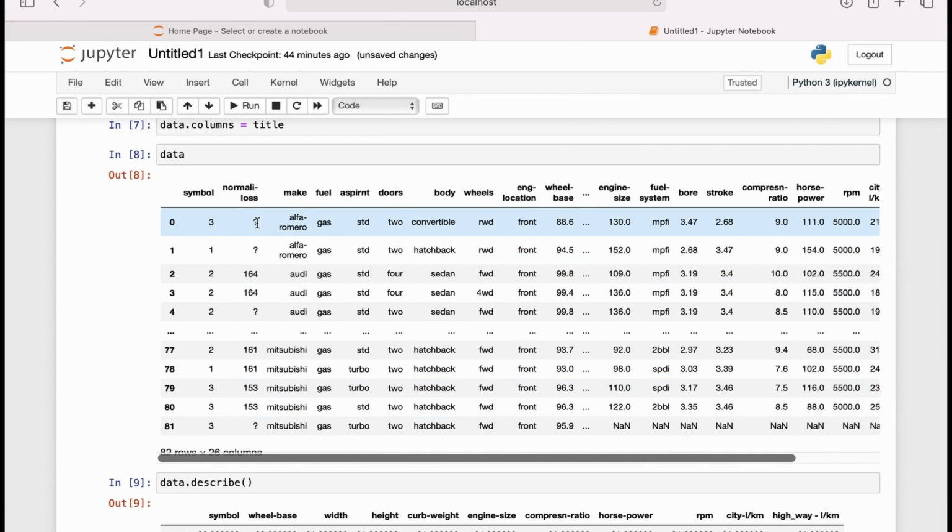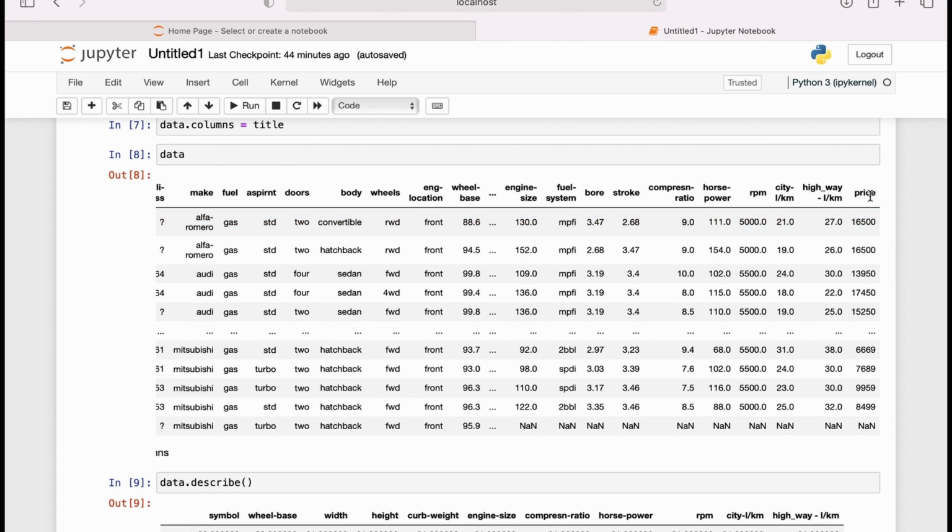What we have here now is question mark, question mark, question mark. This is missing data. When you have missing data, what you want to do is either delete that set of data if it actually has no effect on the whole data set. For example, normalized losses is actually missing. But if I scroll to the end, price is not missing. Out of all the variables we have here, price is the most important one. Since price is not missing,